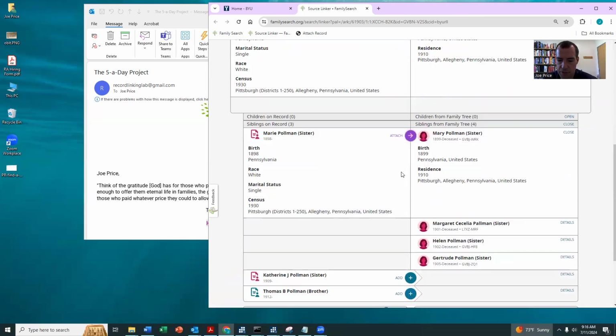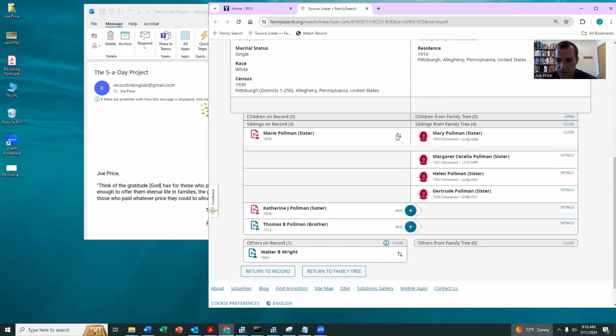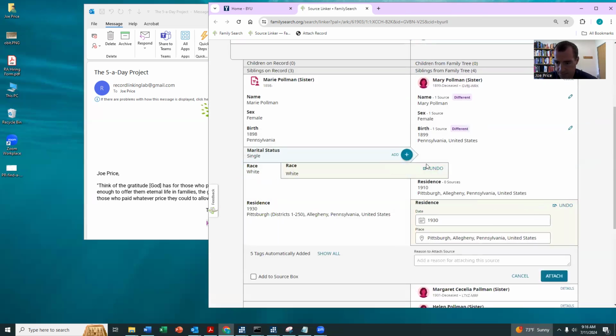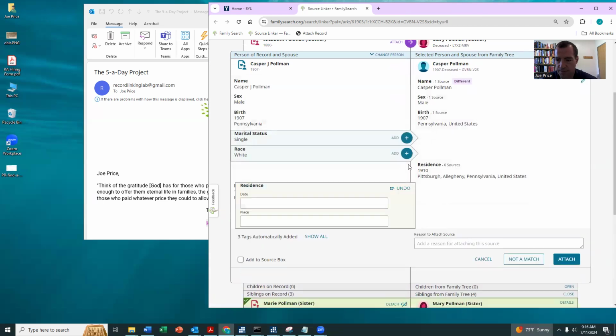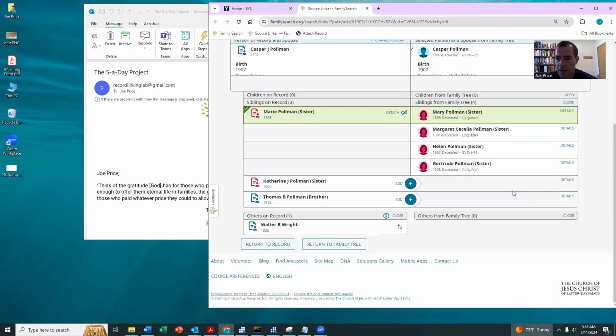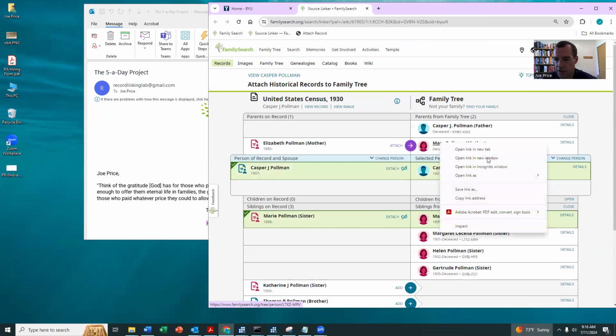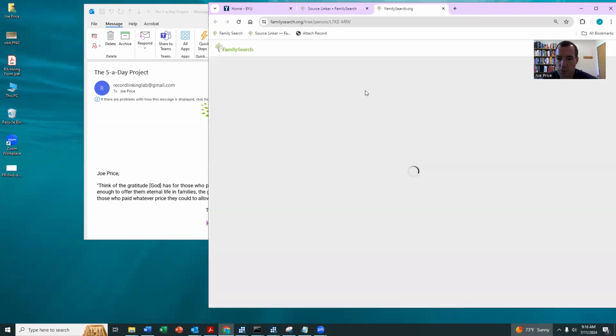Though what I'm going to do is I'm going to attach Mary, and then I'm going to attach Casper. Now, one quick thing we could do, so usually I try to just use the information from SourceLinker, but sometimes